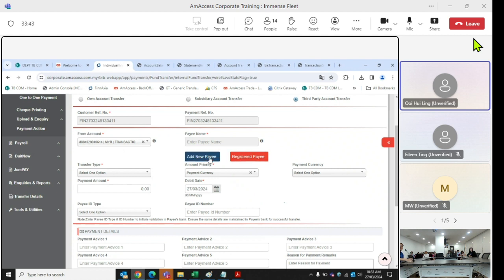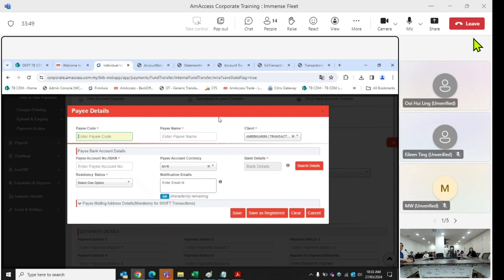You go and add. But of course, when you first use it, because in EMBs you don't have such a feature, you only have the template. Template is different from payee, register payee. So firstly, you must always register the payee first. So the first field is to put a code for the payee so that when you see this, I see Hui Ling, meaning I'm going to transfer to Hui Ling. Okay, then you put in the person's name accordingly, and the account number